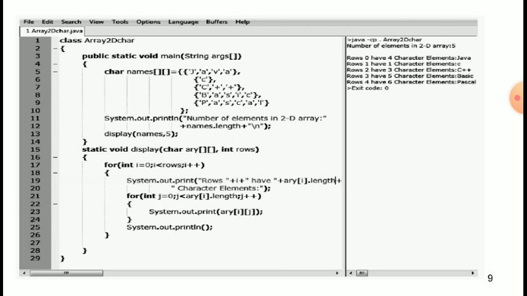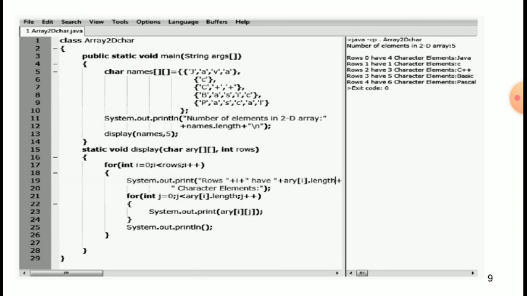Static void display, char array, int rows, for loop int i equals to 0, i less than rows, i plus plus. Starting curly brackets, System.out.print rows plus i plus have plus array[i].length, for loop int j equals to 0, j less than array[i].length, j plus plus.